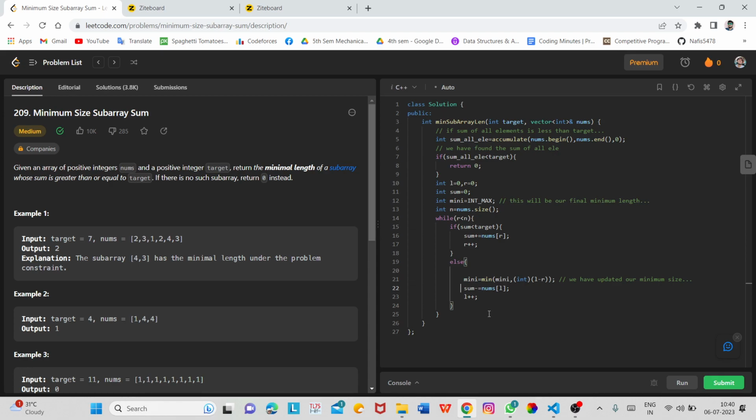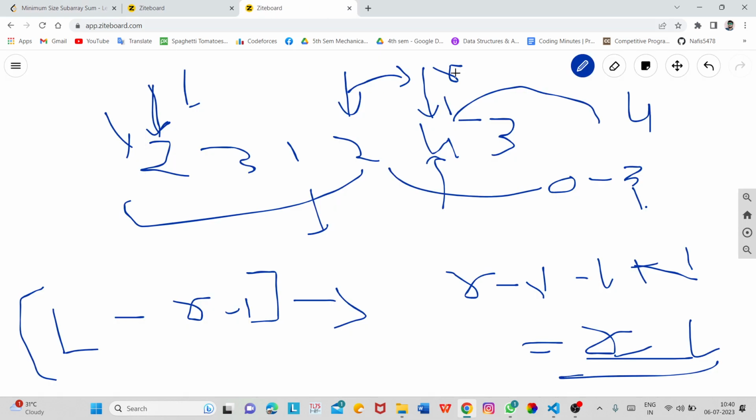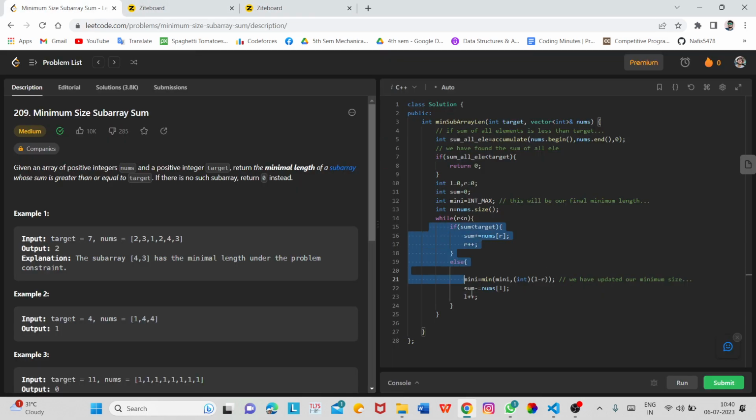In this way we have done this part, and now our R is on our last index. This while loop will break when our R is on n, where R is equal to n.